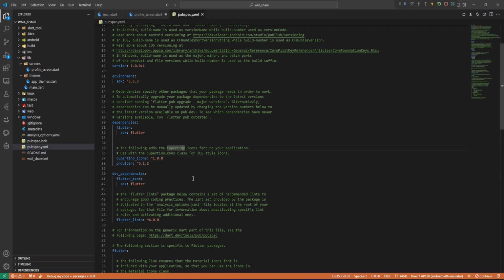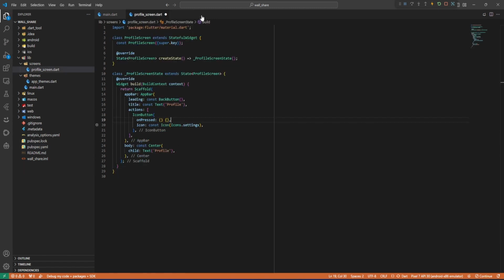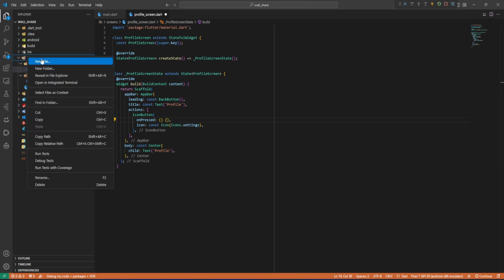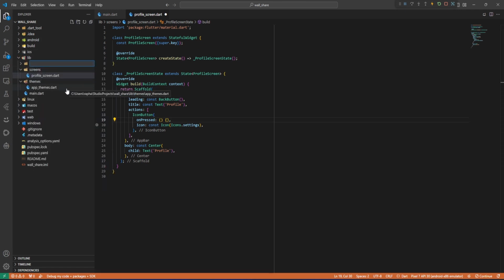Provider, and then let's save. Okay, we're gonna wait for it to install. Now after the installation is done, we can close that. Also here, let's right click and create another folder which is going to be called providers. Now here let's right click and then create a theme